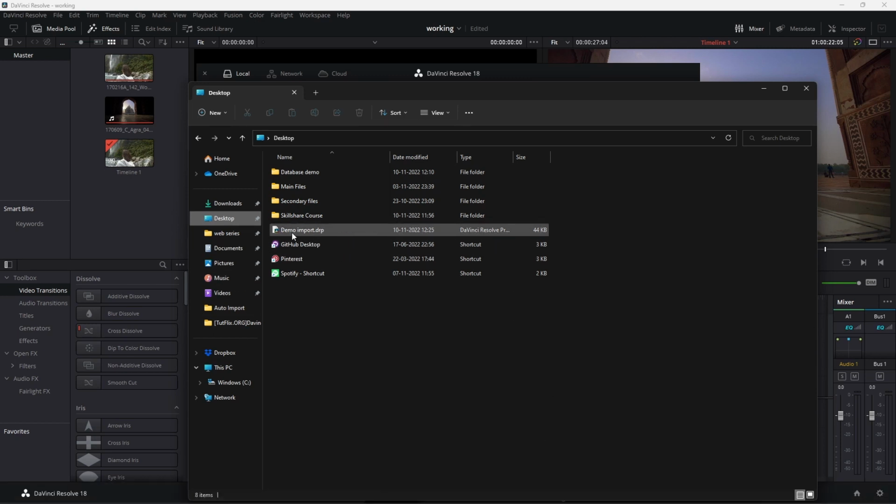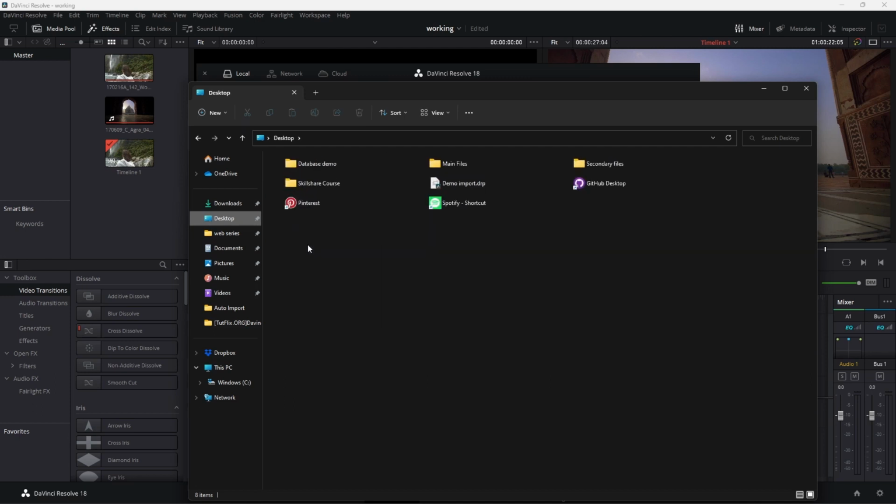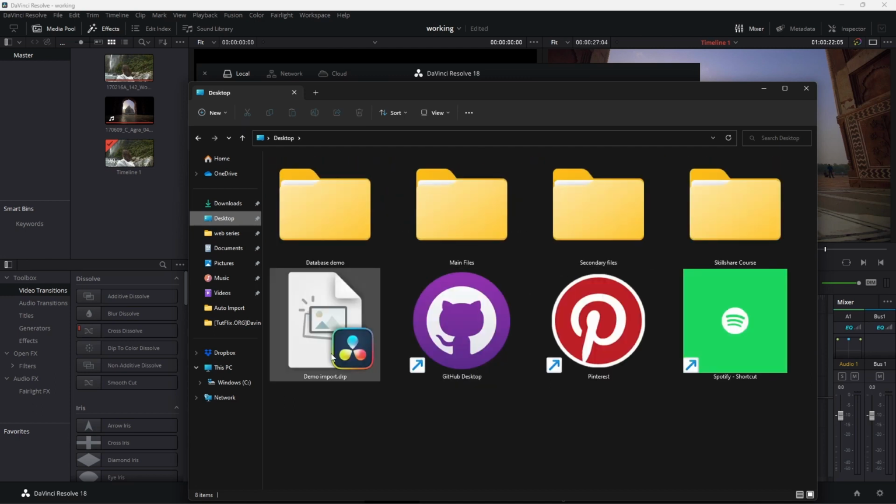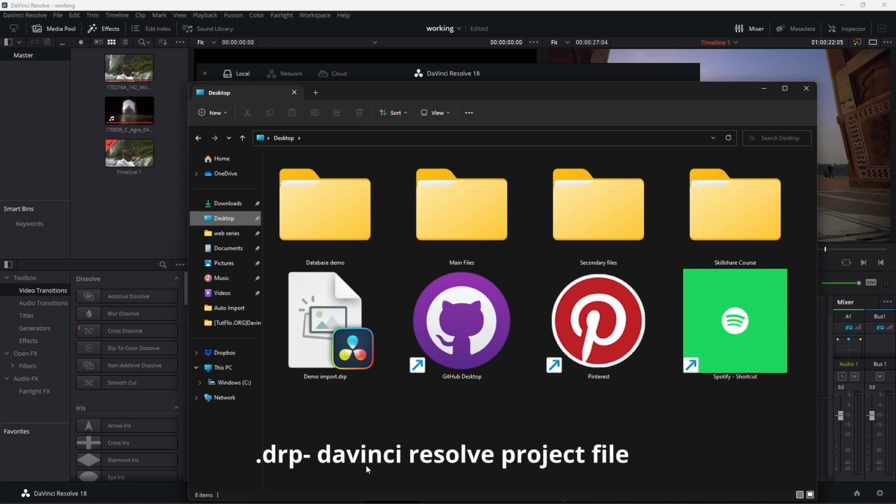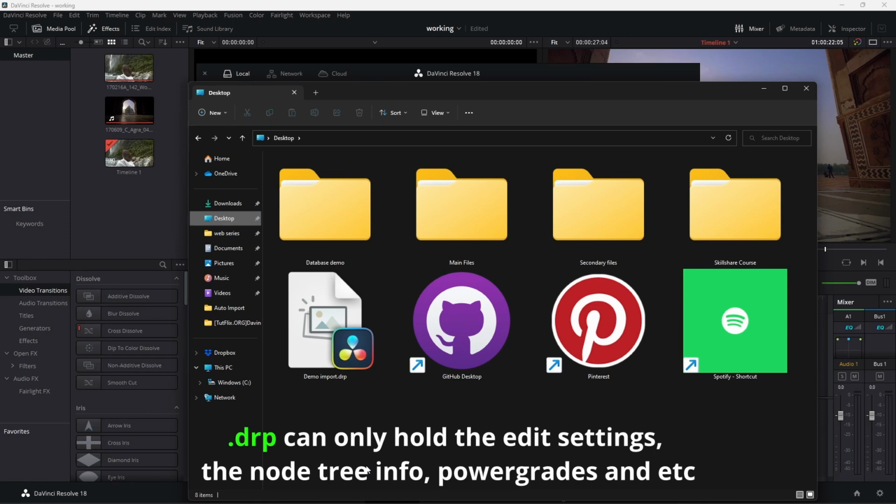So one thing that we need to keep in mind about this thing called demo import drp is that demo import drp, the Davinci Resolve project file, doesn't include any media inside that. Okay, so let's say, as I said, this .drp only includes the project settings, the project backups, and the video editing that you have done. All the data regarding that, the informations regarding your workflow, but not the media, not the video, not the audio,